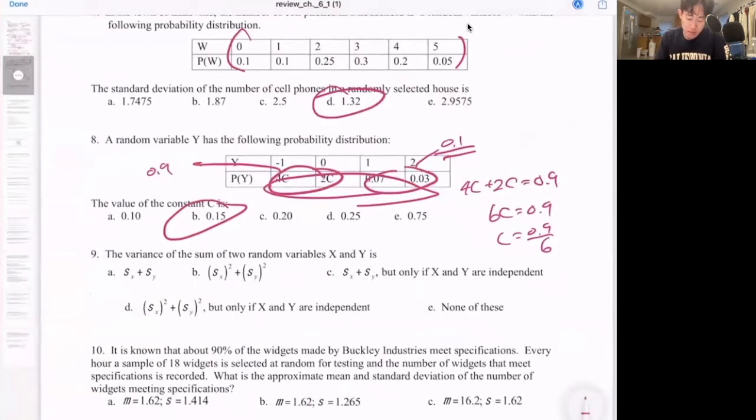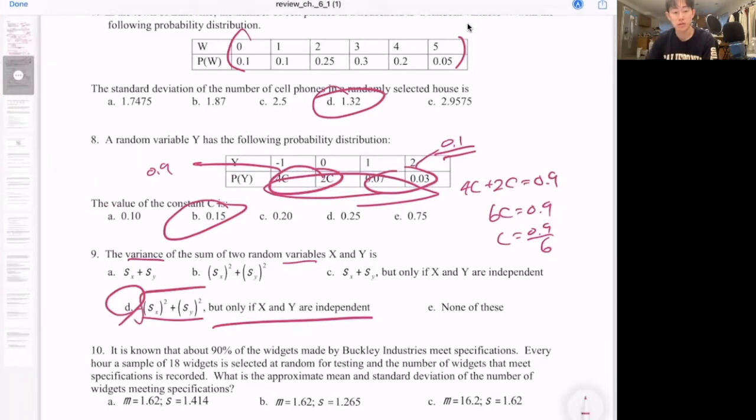The variance of the sum of the two random variables X and Y is simply going to be this. Oh, I'm sorry, it's going to be this because the condition has to be stated as well. X and Y must be independent in order for that to happen. We're talking about variance, which means you have to square the standard deviation. But if I want to find the standard deviation, I will just have to take that and square root it, right? So number 9 should be D for that matter.